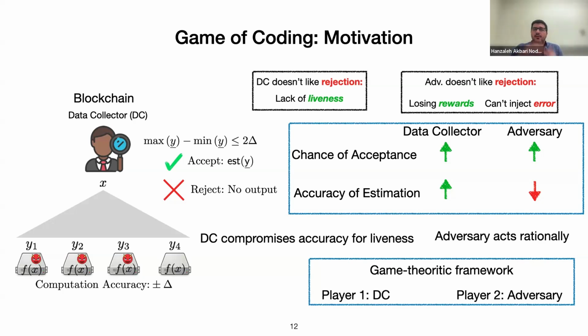So both the adversary and the data collector have some utility function, and the adversary can have any utility function. Maybe in some cases the utility function is just the probability of liveness, in some cases the level of the injected error, or in some cases it's any complex function of utility, liveness and the error. Both of them have a utility function, and I don't care what the utility function is. So that's the problem formulation. Is that clear?